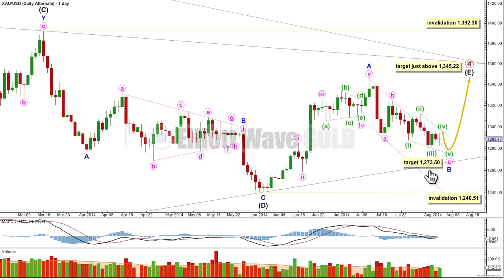At 1273.50, minute wave C would reach equality in length with minute wave A. So this wave count allows for a new low, but only a slight new low and one very final short little fifth wave down. That would see minor wave B complete, and we'd still be looking for minor C up to move at least slightly beyond the end of A to avoid a truncation